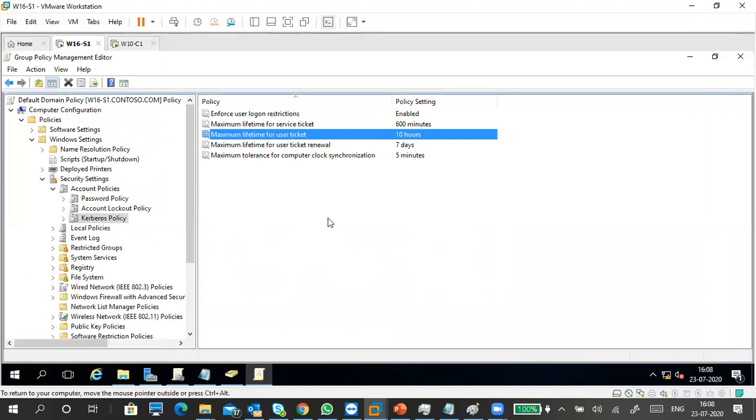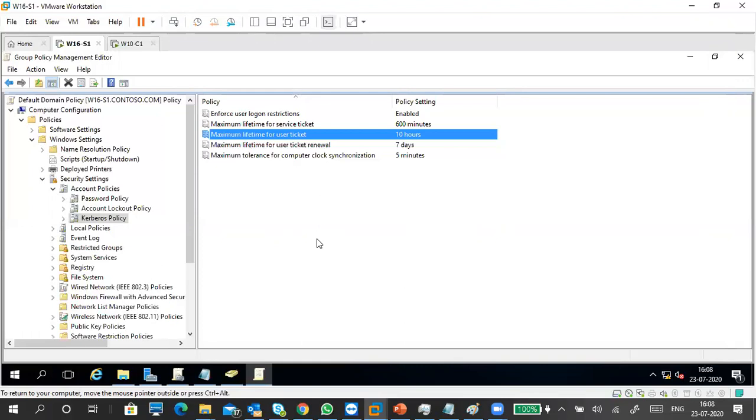Once you got a ticket, how many hours or days is the ticket valid? The ticket is valid for 10 hours. If you log out and don't log in for the next 10 hours, you may not be able to log in again. The ticket is stored in your system only. If you log in once and log out, then after 1 or 2 hours you can log in again, no problem.